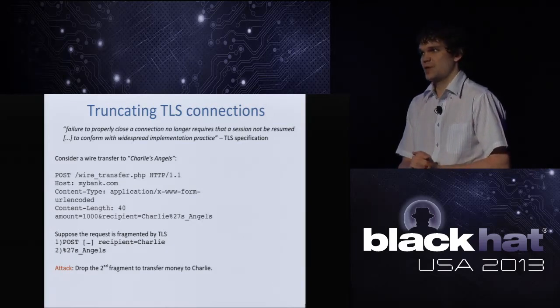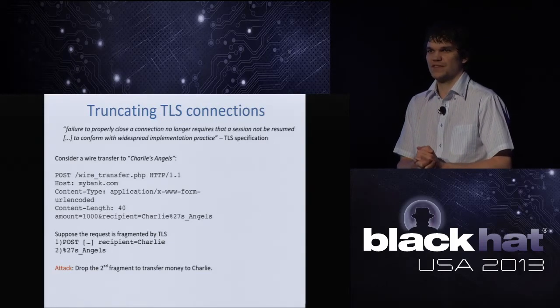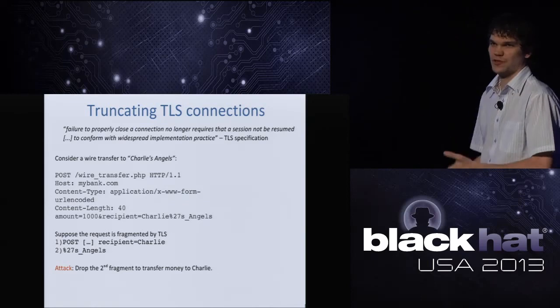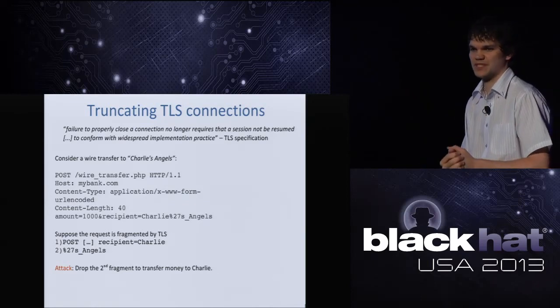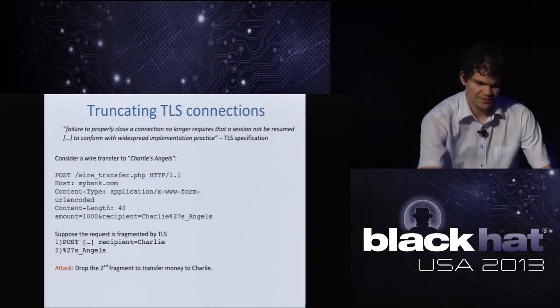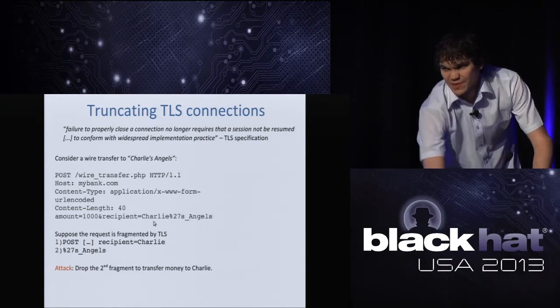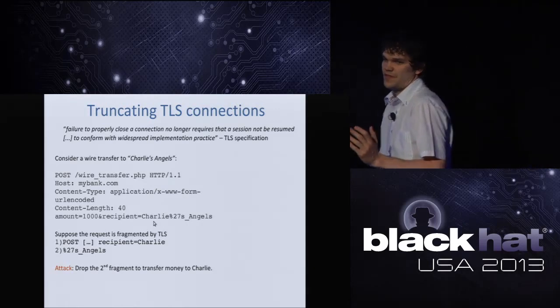So let's suppose that I want to transfer some money to Charlie's angels, okay? And I have this naive piece of code here. It's very short, but it's sufficient for this demo purpose. Now what's going on is my recipient here is Charlie's angels. But let me further suppose that that TLS is